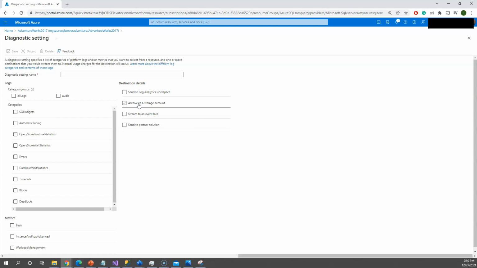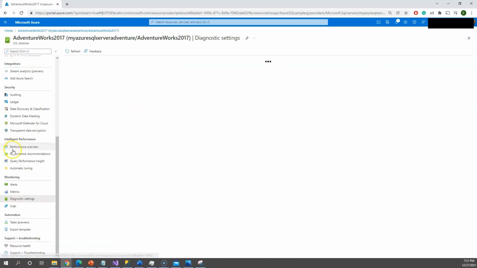In different projects, they have a requirement of managing the logs for 12 months or 24 months. You can't delete them, but if you keep them in the same location, that is going to cost you more. At the same time, they want to move them to another place, and from there take them to Azure Sentinel or some other central logging mechanism. That also will help here. That's why they have given send to partner solution. That also can be done. So these are a few important features which you can touch upon during your interviews.